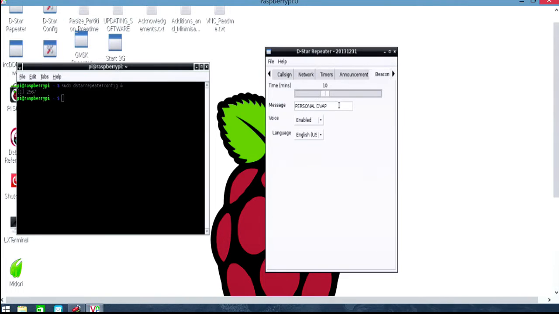You have your message which is transmitted with the beacon in our slow data text, and we have the ability to also send that message that we configure there as spoken word. So I've enabled that as it's a personal hotspot. I've left the duration to every 30 minutes. I've also enabled it to transmit the words personal DVAP in spoken word as well as our text transmission,